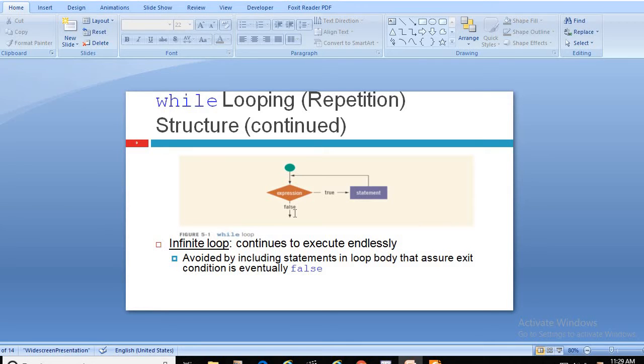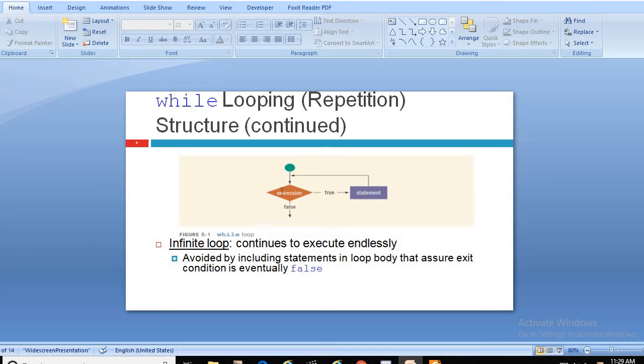There are certain conditions in which this loop becomes an infinite loop, meaning it will be executed endlessly.